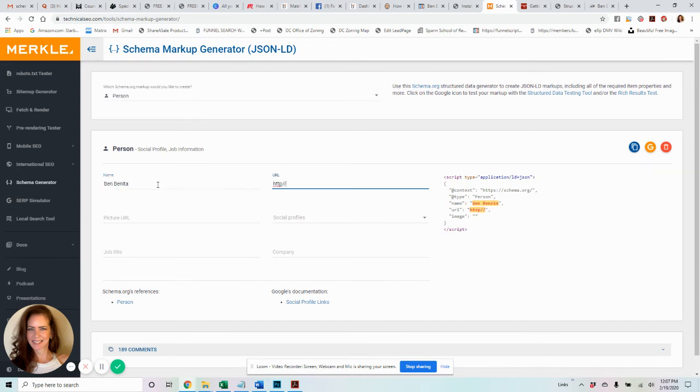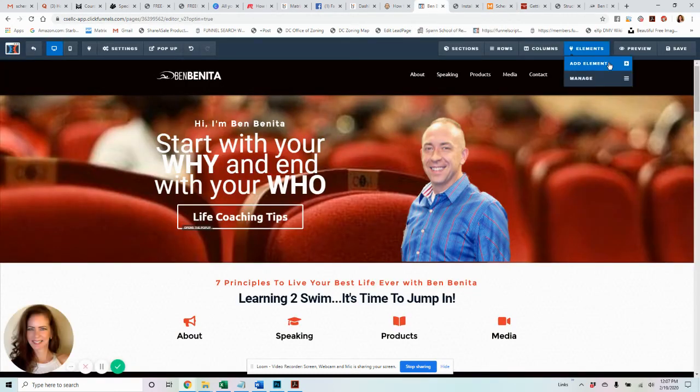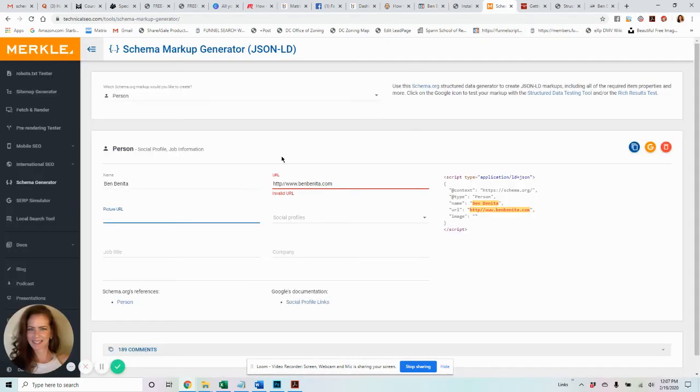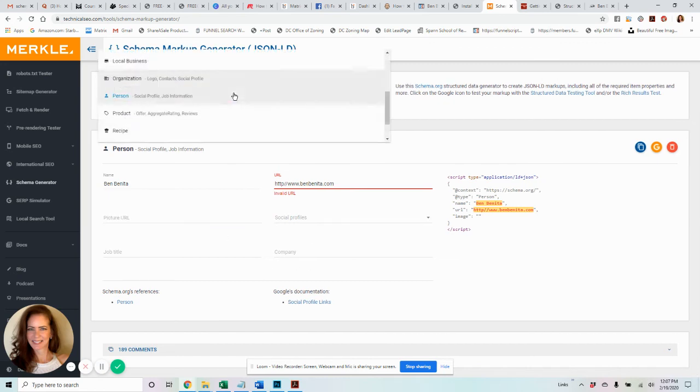Benvenida. Picture URL. Again, you're going to either need to upload a picture to Google, or in my example, I would need to go to an asset and pull the link to that. Your social profiles, the job title, the company. But see, I already have a lot of that in what I just created. So